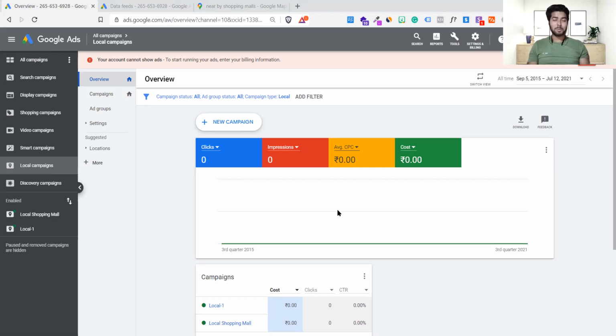So the problem is people don't know that these kinds of features are available and that these kinds of things are real and can be done. People still think that the only options are newspaper, flyer, TV ads, banner ads. They know that advertisements exist on Facebook ads and Google ads, but they actually don't know the types of Google ads we have. Now you know the types of Google ads we have. We have n number of placements, n number of types of advertisement for each business type. This is why Google Ads is king right now. They have almost every type of campaign available for every type of business.